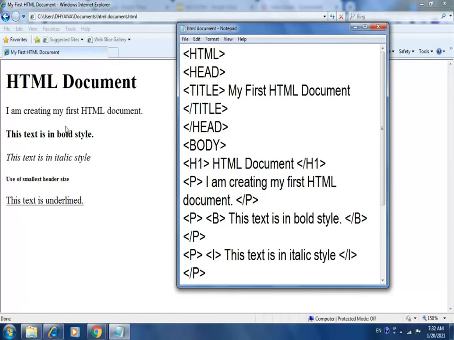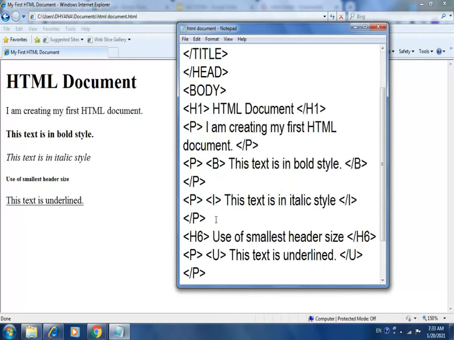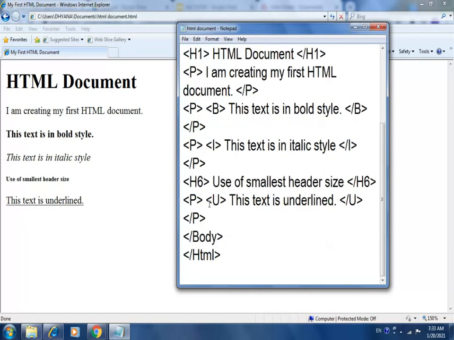Like in your notebook, when you write a paragraph you leave one line before and after. Now text styles: bold, italic and underline. See, this is bold, darker, then italics, a little slanted, and then underline. This way, whenever you put any text in between these tags, you will get this output.